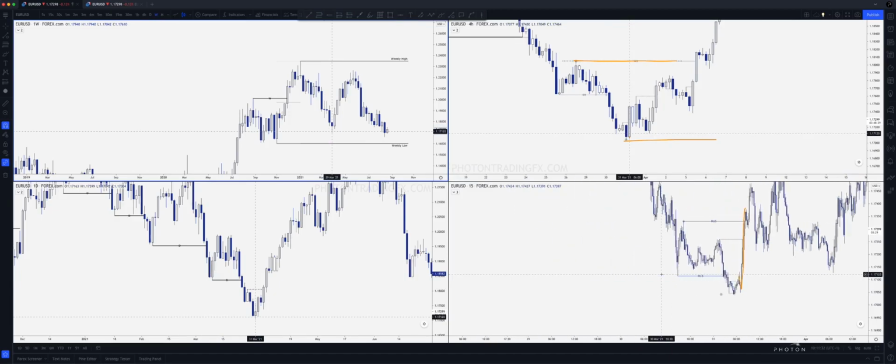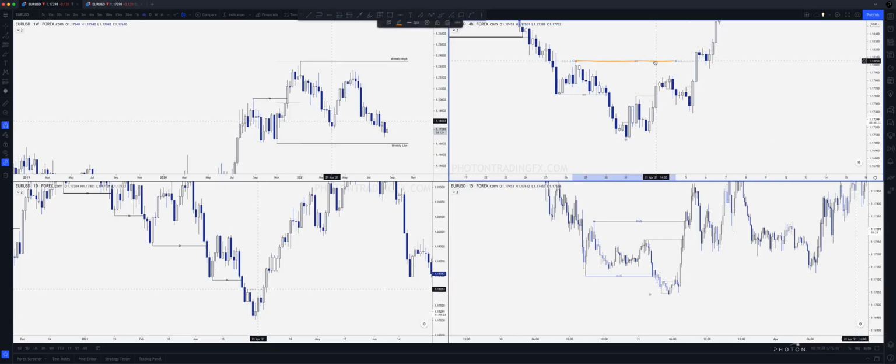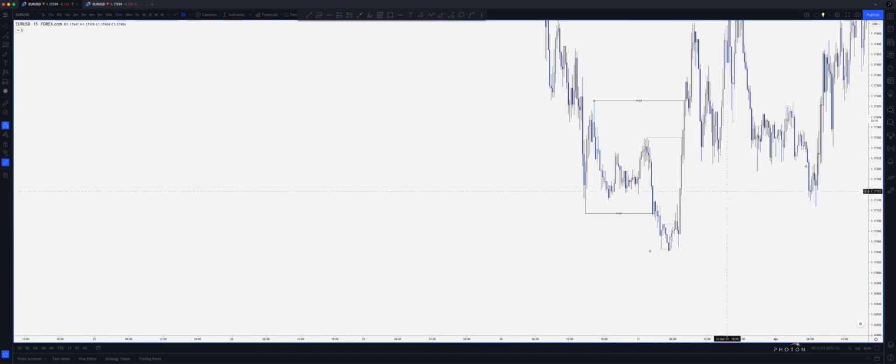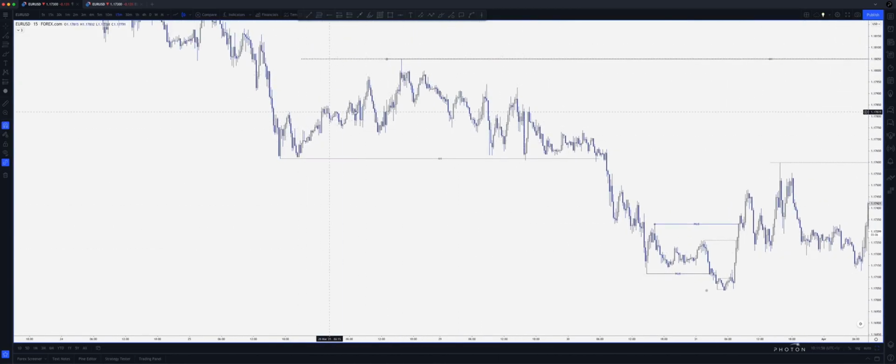Because let's tidy this up a little bit and get rid of these lines. If you're looking at the 15-minute chart to tell you when the weekly high low is going to be forming, right? The minute that we break through the EQ and we're within discount prices, and you're saying to yourself, okay, the weekly's bullish, I want to try and catch that weekly high low. If you're just sitting on the 15-minute and you're trying to look for every change of character or even bullish trend change, right, it's going to happen a lot, and you're going to keep taking losses and losses or a